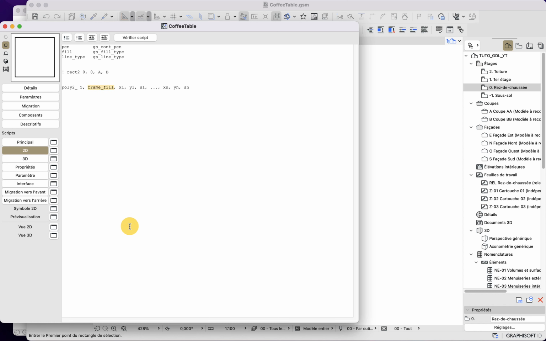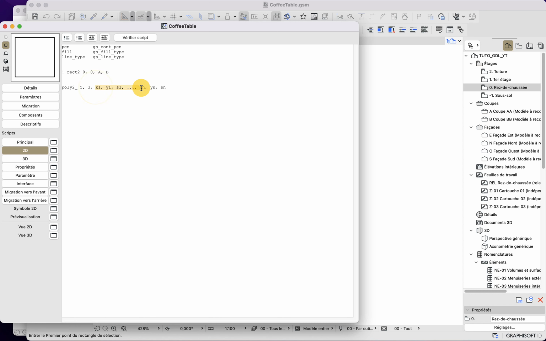Then I have a number that will define my frame fill. That number will be 3. The reason being that I have a code that is 1 that tells me that I want to draw my contour, plus 2 here that tells me that I want to draw the fill. Basically, if I do not want to draw the contour, it will be by 0. If I do not want to draw the fill, it will be by 0, so the result will be 0. Because I want to draw both, then here it will be by 1, so this will be 1 plus 2 here equal 3.